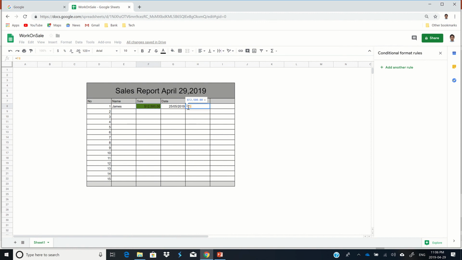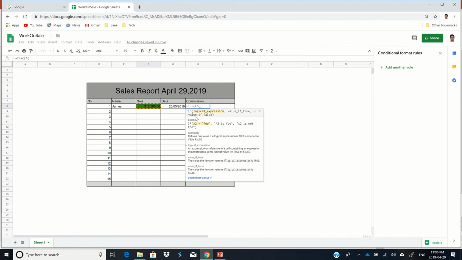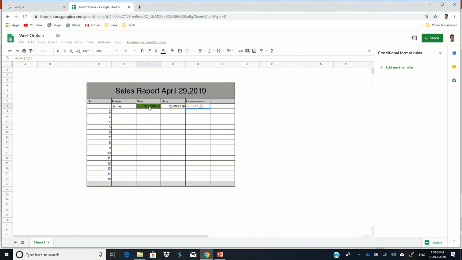If we put equals and click there, it's a cell reference, and even if you type it, it will show the same value. Now if I give a bracket and say if, and then again bracket, then the logical expression, I'm going to click there on this cell,